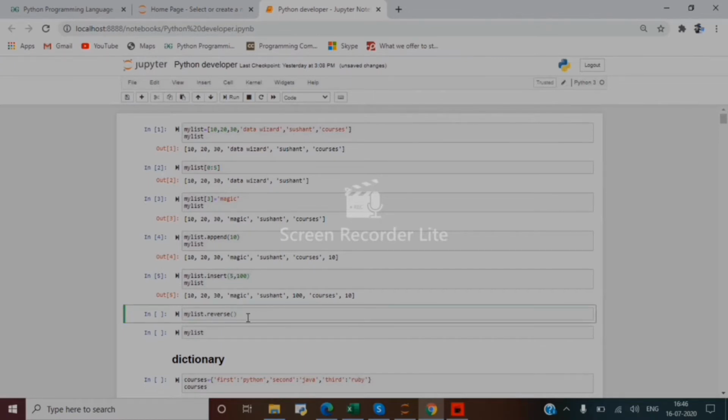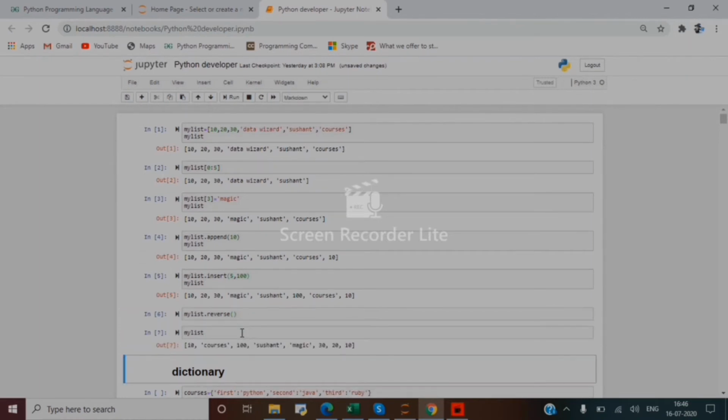And you can even do much better with this in the case of data cleaning. Next is reverse. For reverse, you just have to use the dot reverse function and run the program, and the next time you print my list, you will get the reversed list. You can see it is just the opposite of the previous list. So when you need to reverse the list, you can do it with the reverse function.